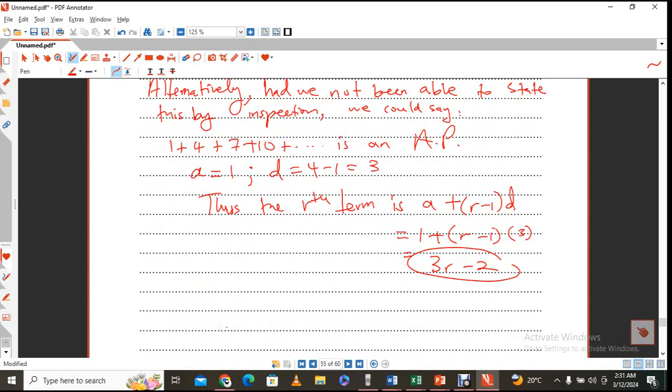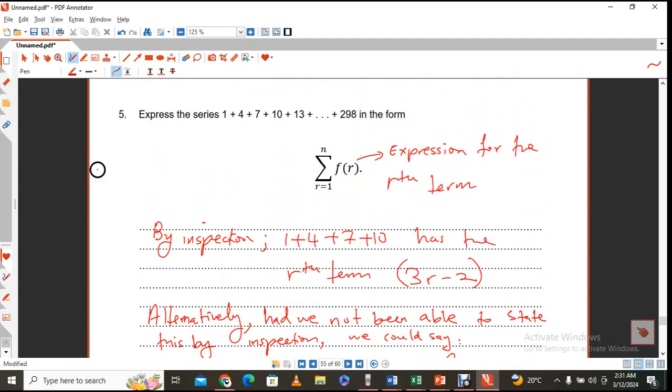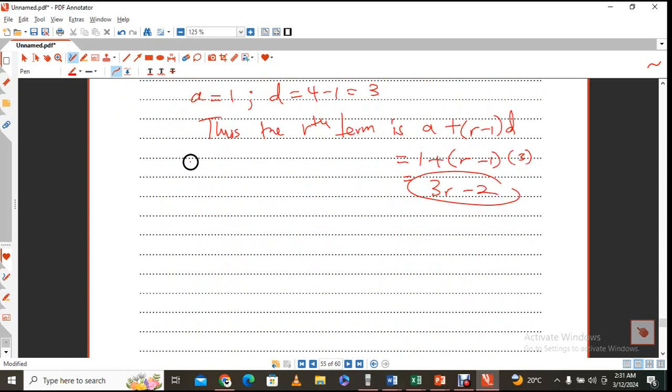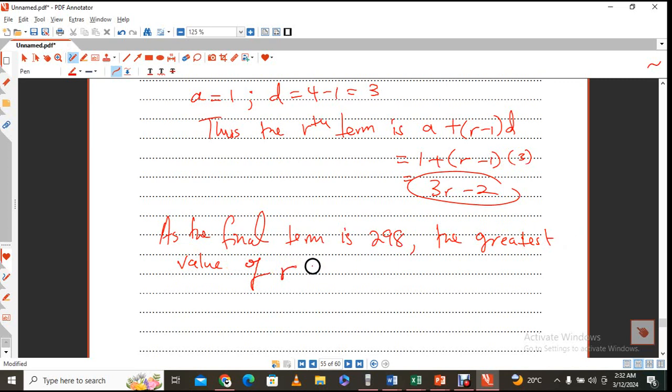What do we know? When you look at how the sequence is given, you have the series there, and then plus the last term is 298. Thus, as the final term, now I'm just writing these things for explanation purposes, okay? As the final term is 298, the greatest value of r in this series for which